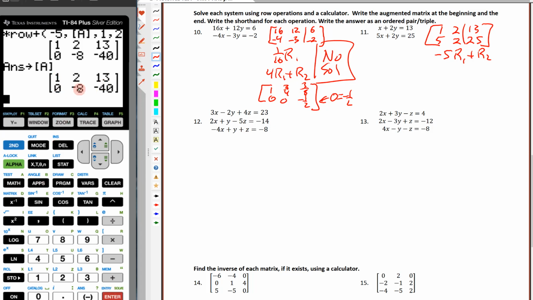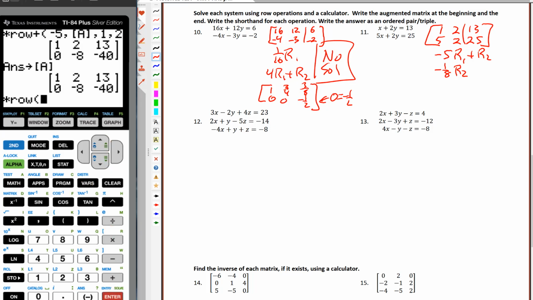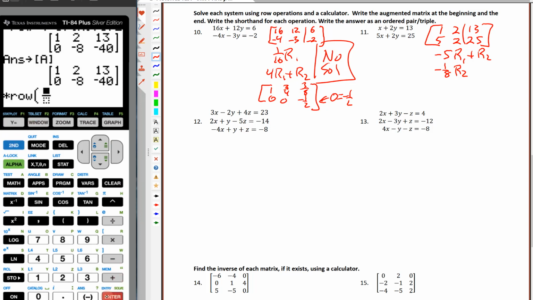Now I want to turn that into a 1, so I'm going to multiply by the reciprocal of that. So that's going to be -1/8. So -1/8 times row 2. And the times row command is far enough back there, I think I'm just going to go ahead and make that. So we're going to do the times row command. And this time I will do it as a fraction. So we're going to do alpha y equals, and I'm going to do a -1 on the top and an